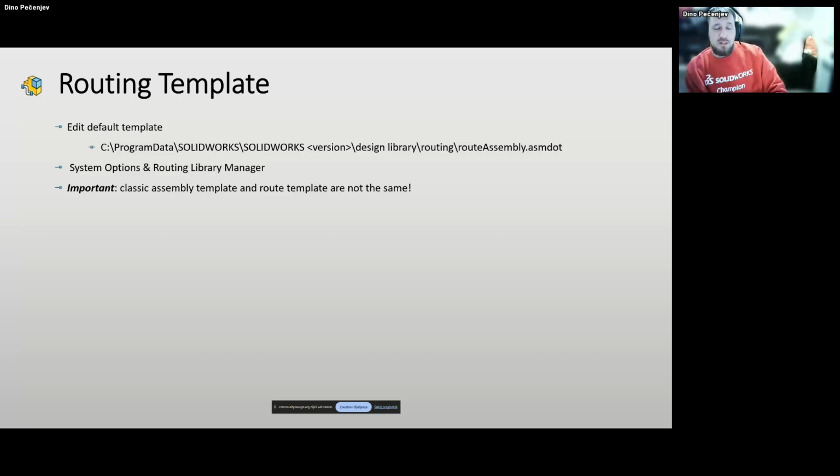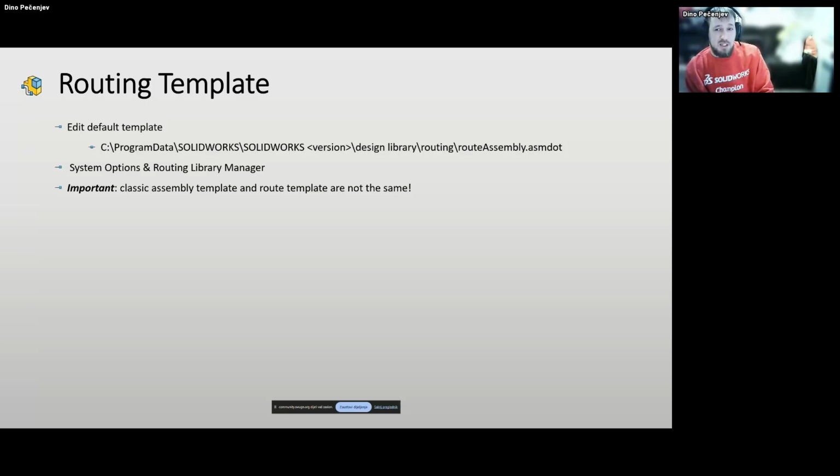The route template, when you start the add-in for the first time and start the routing library manager, you will have in the default location, which is on C, program data, SolidWorks version, design library routing, there will be route assembly estimate, but actually, pardon, this is a mistake. I will make it correct for the PDF you will have as a handout.